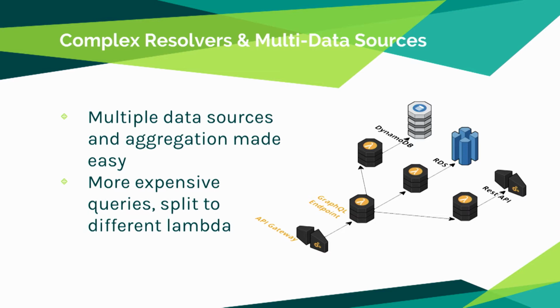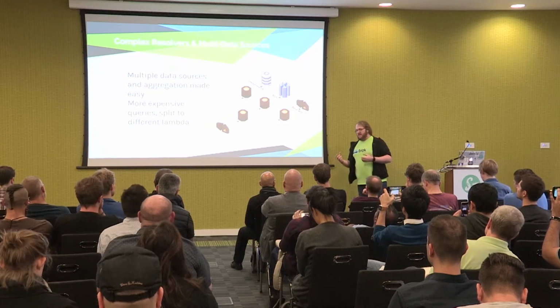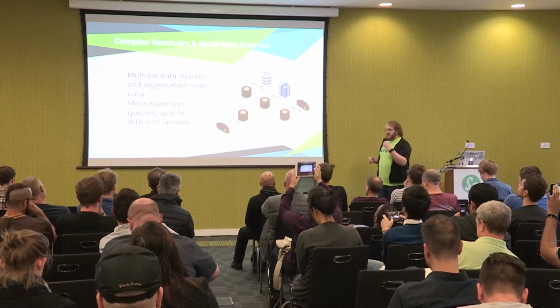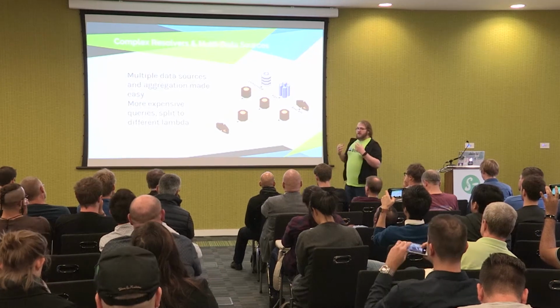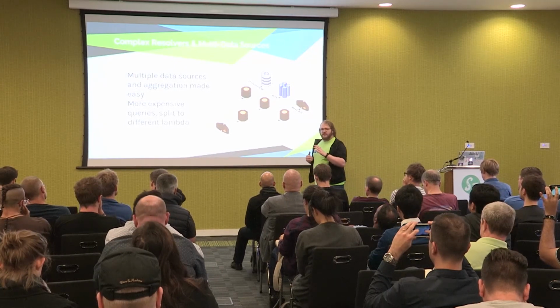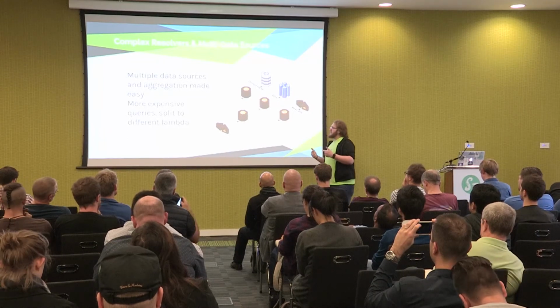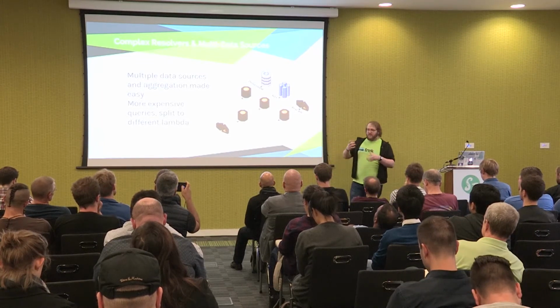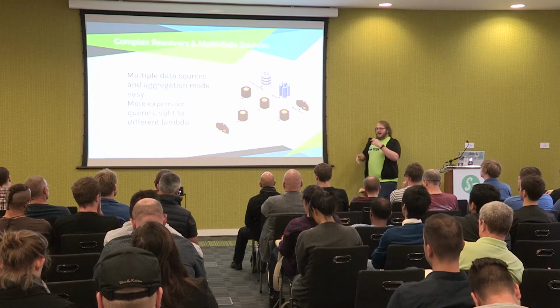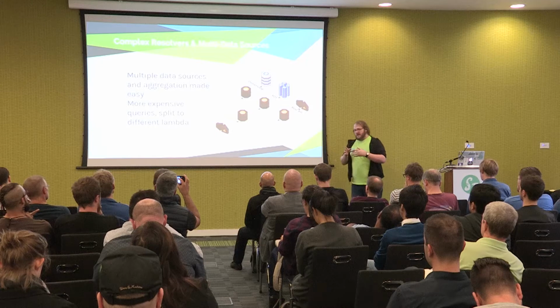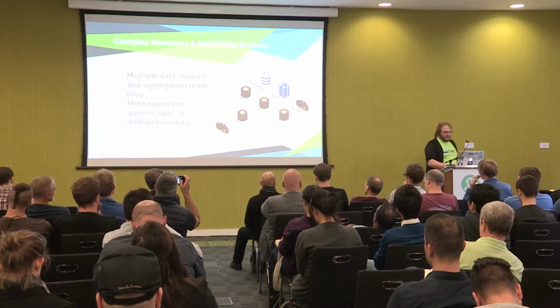So I mentioned this idea of complex resolvers. This is one of the most powerful things that we've seen in terms of GraphQL and resolvers and fetching data. There's this idea that your GraphQL endpoint is a light wrapper around your other services. You might have legacy services behind REST APIs. You might have stuff in an RDS instance that's behind another service. You might have stuff in DynamoDB, right? So your one Lambda function can actually invoke other Lambda functions. And instead of one particular Lambda function trying to hit a DynamoDB, an RDS, and a REST API, you can actually, inside of your resolvers,